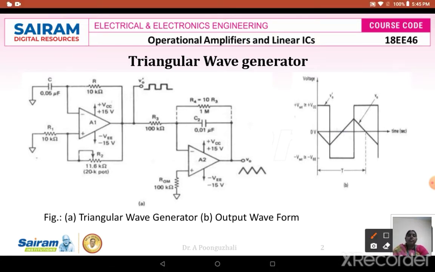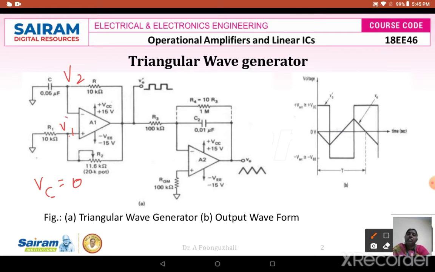First, here we will take this voltage to be your V1 voltage and this voltage to be your V2 voltage. Initially we are going to assume that there is no voltage across the capacitance. That means we are going to assume that Vc is equivalent to 0. So when there is no voltage across the capacitance, here your V2 is going to be 0.